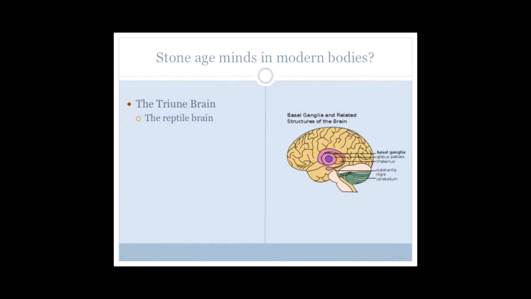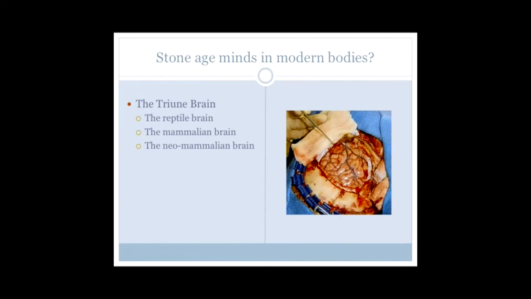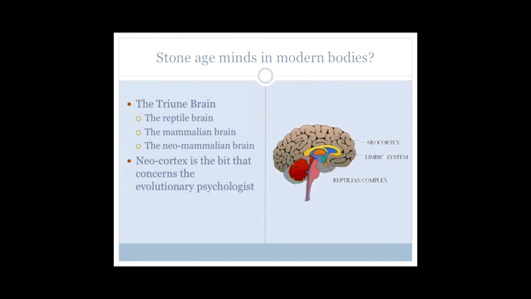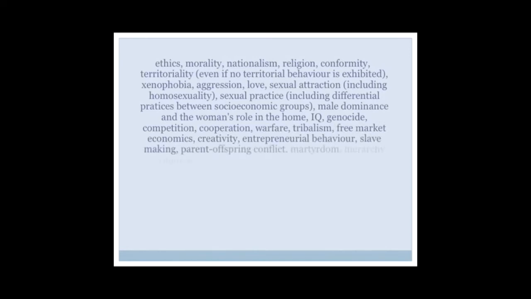So we have within us a reptile brain, the earliest to evolve. We have a mammalian brain, which connects us with dogs and with apes. And then we have the human neo-mammalian brain, with the neocortex being the bit that concerns the evolutionary psychologists. And with these kind of models, you are now equipped to explain pretty much everything, just as with sociobiology. All of these factors can be explained by that evolutionary inheritance, particularly our relationship with each other within these particular